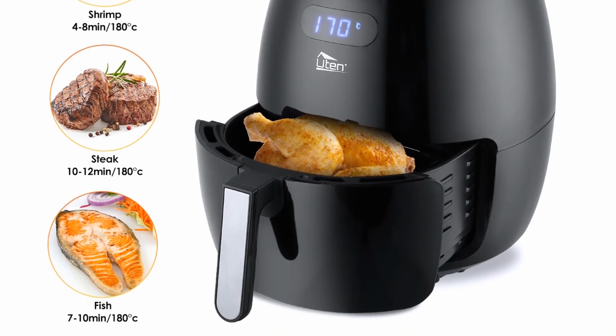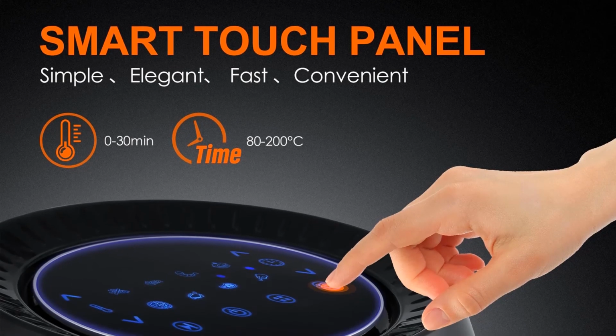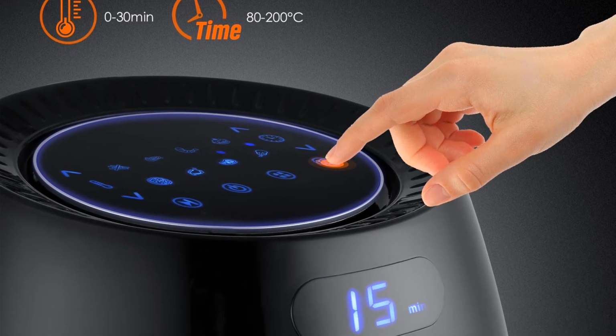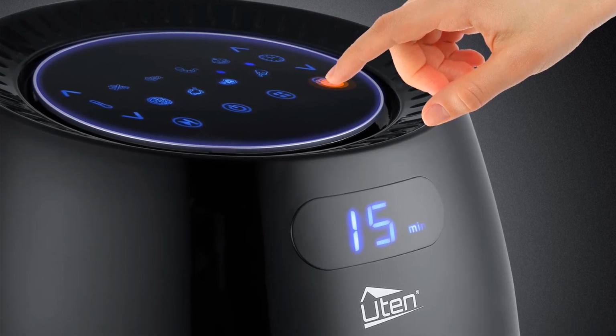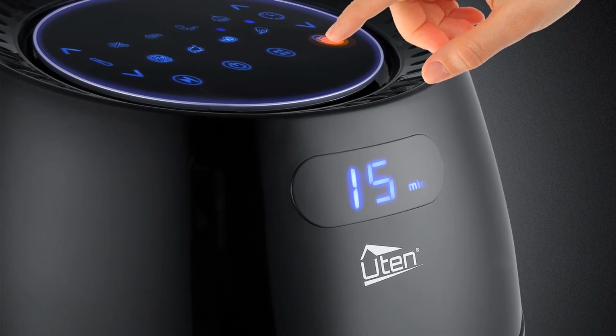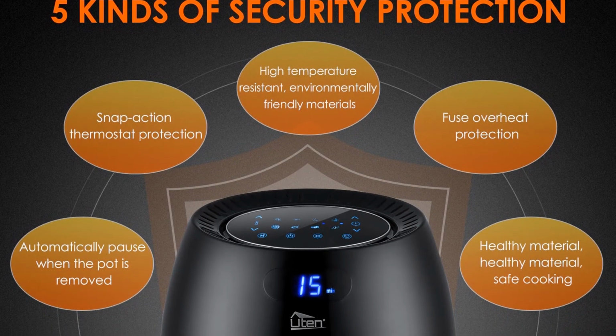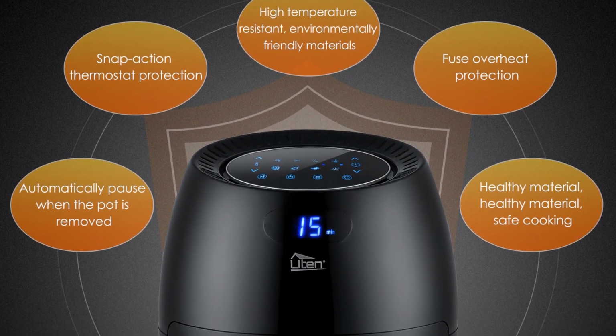360 degrees high-speed hot air circulation. Hot air can replace hot oil to reduce oil intake. Safe and non-toxic, good heat resistance. High-quality non-stick pan liner. Application: French fries, chicken wings,